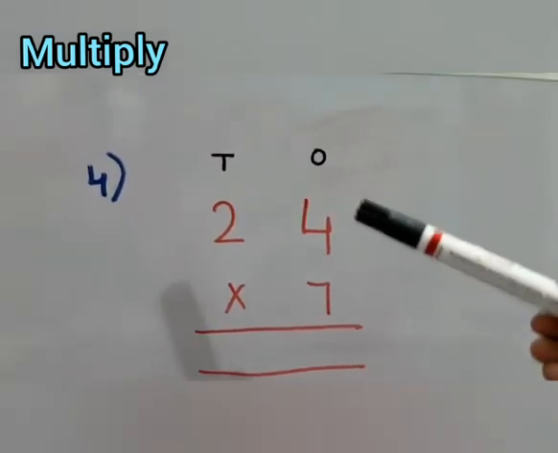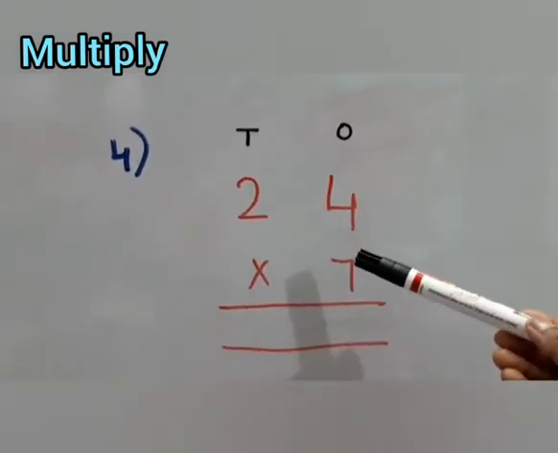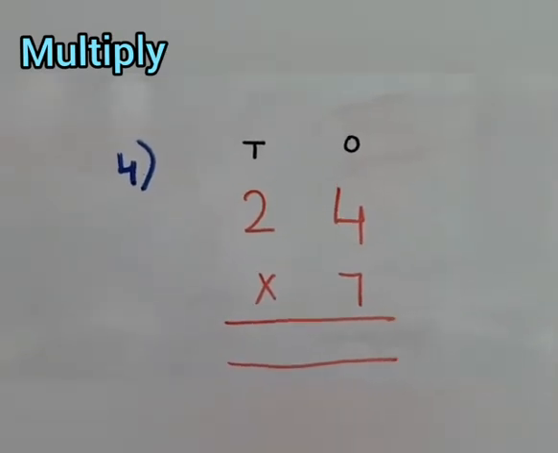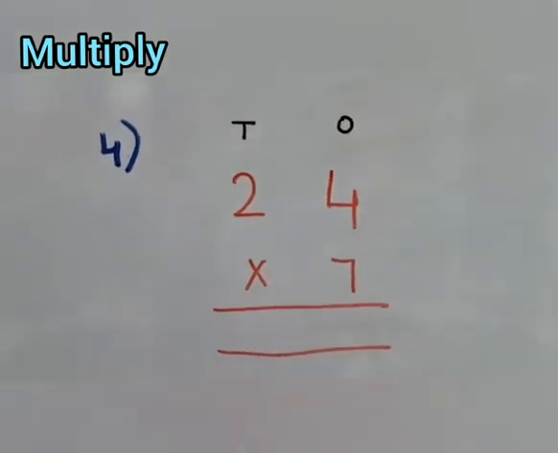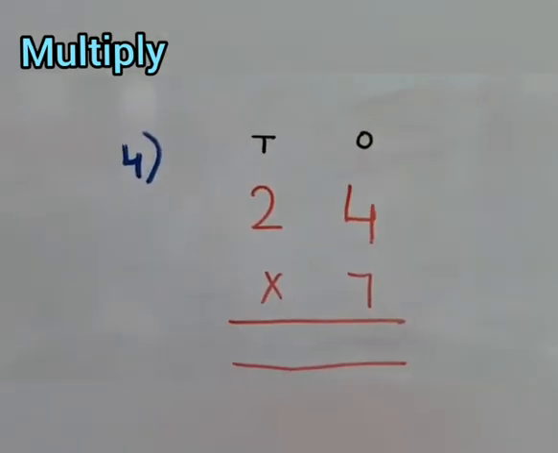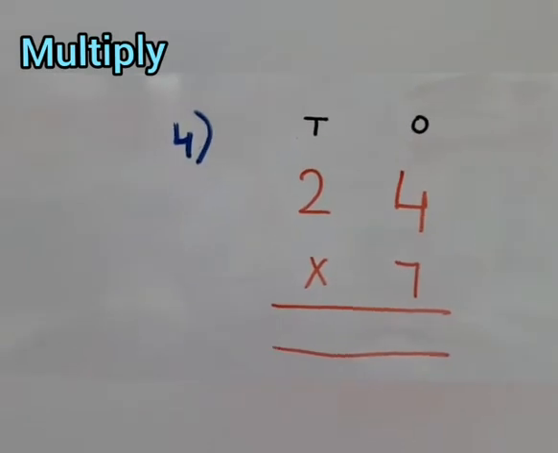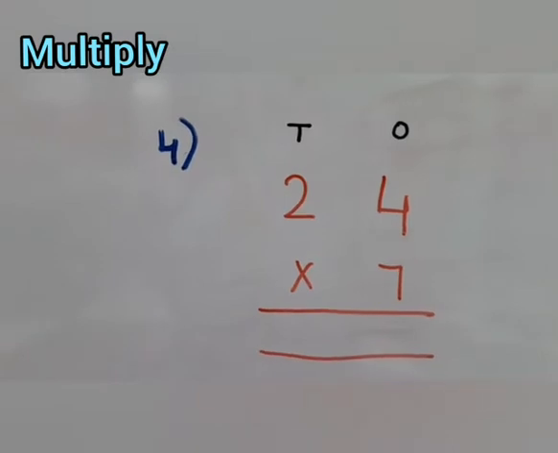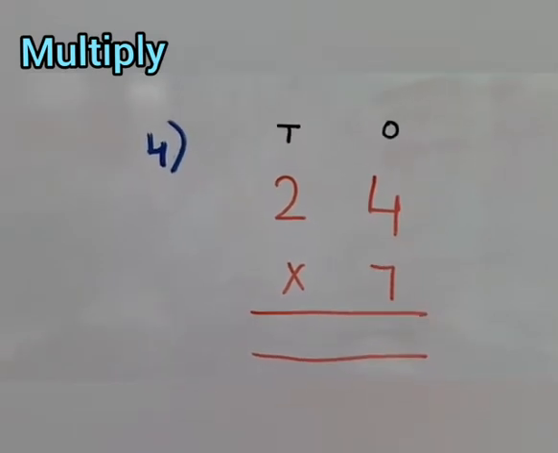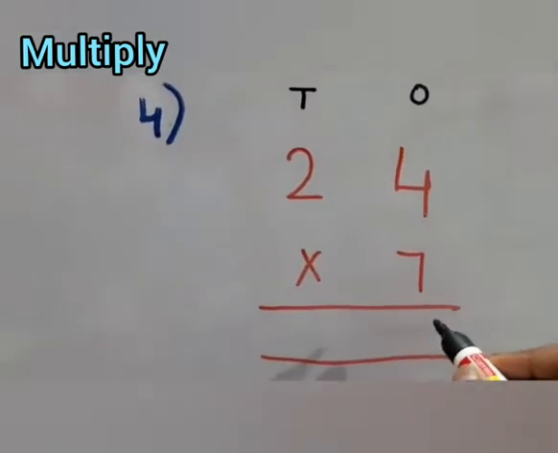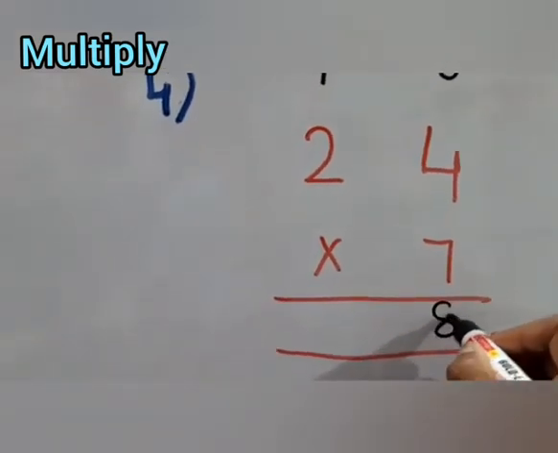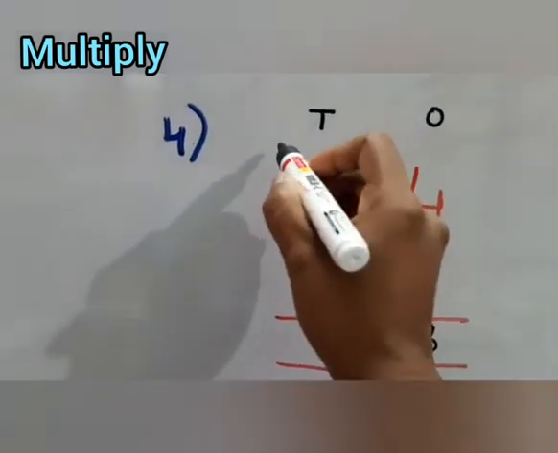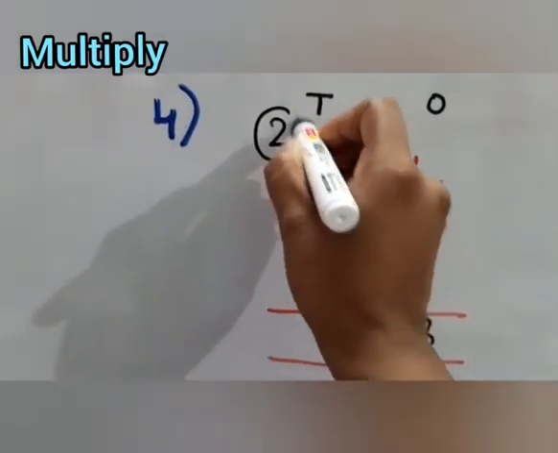Next question is, we have to multiply 24 with 7. So again, what we have to do? We have to multiply first the ones digit number. So 7 fours are 28, and think in your mind which number you will write here. 28. So the ones digit number here is 8. Yes, so we will write here 8. And what about 2? 2, where it will go? Yes, it will be carried over to tens place.